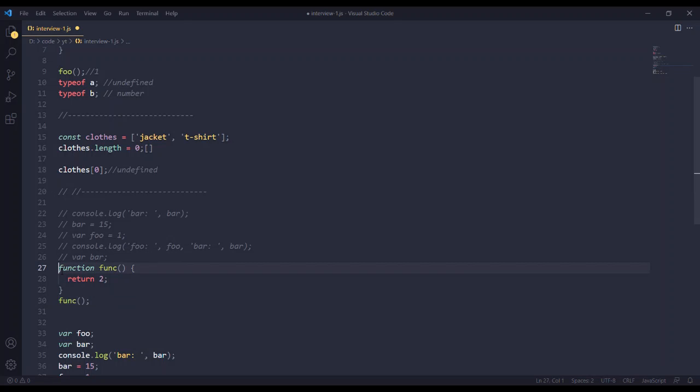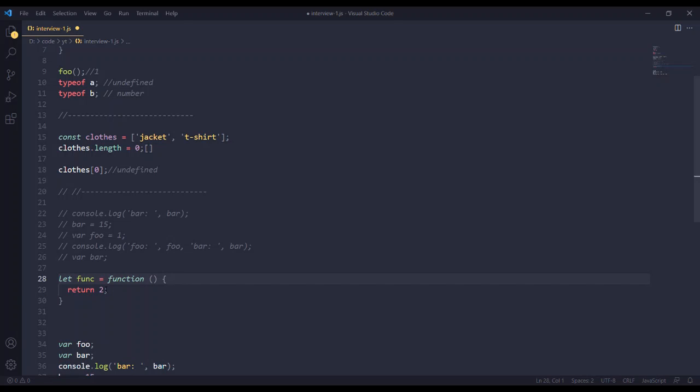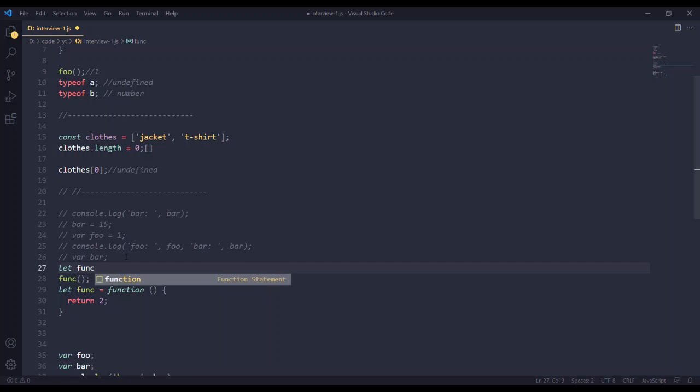But if you define this function with let func, then it will not go to the top, only the declaration part goes to the top. Meaning let func goes to the top, and then func equals function. Right now func is undefined because there is no value defined on this variable.